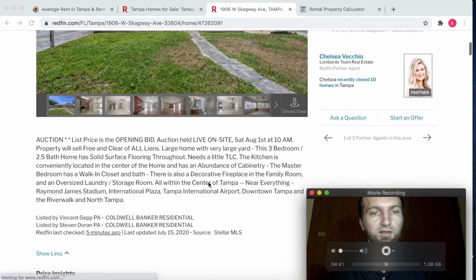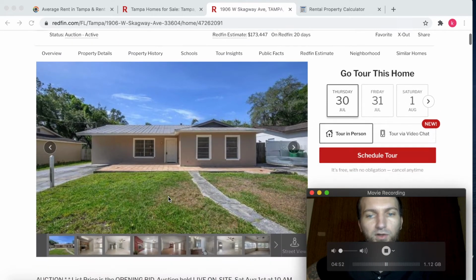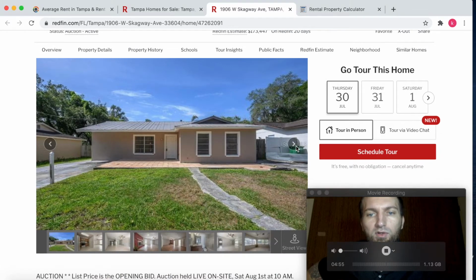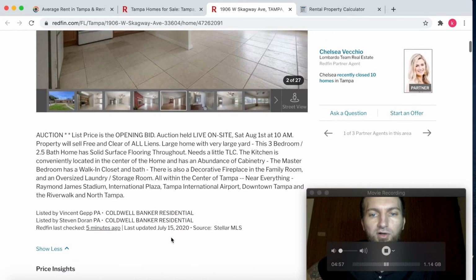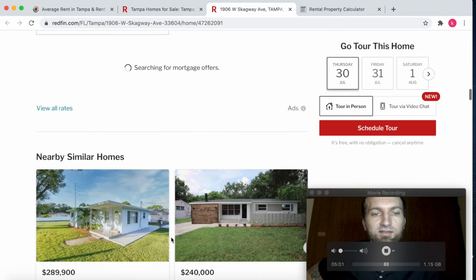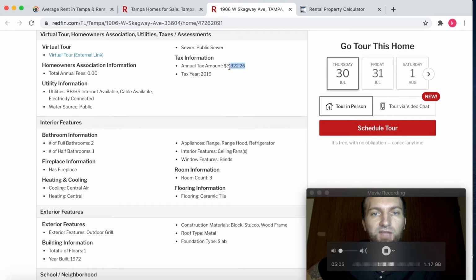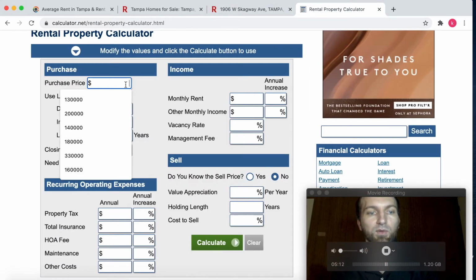So let's see. Okay, this is a bid. Let's just say we could get the bid 150,000. It could go higher, but we'll just say 150,000 to start. Okay, so first thing you want to do is check the taxes. That's the most important thing I look for. Taxes are a little high in Tampa, about 3,200. Okay, so we're gonna enter the house